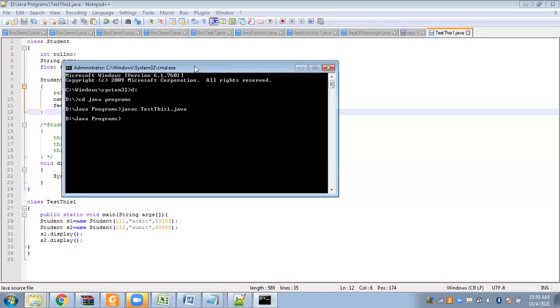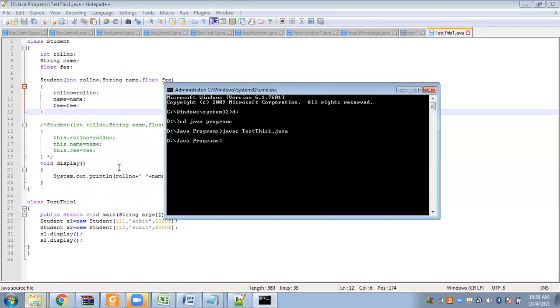So what do you understand? We don't have any compilation error. That means this will be compiled fine. There's no compilation error here. Let's look at the output.